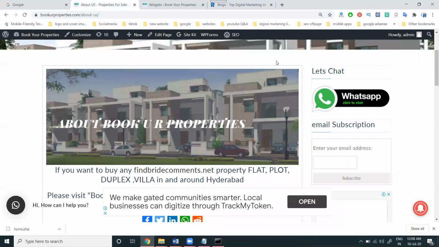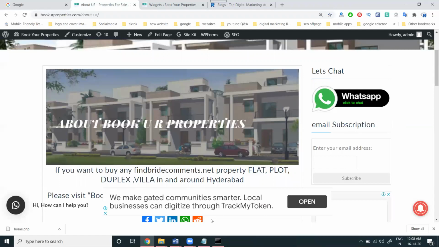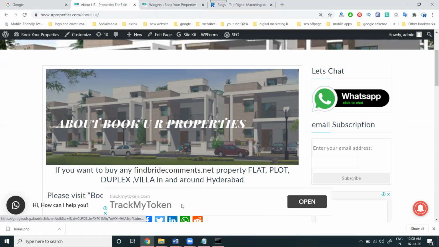this code will be available on our website blog option. So this is the way we add the WhatsApp chat button without using a plugin. Any plugin is not required. Just upload the image and use this, and you can make the WhatsApp chat. If we require a pop-up, compulsorily we can go for a plugin. Without any pop-up required, we can go with this without-plugin option. Thank you for watching.